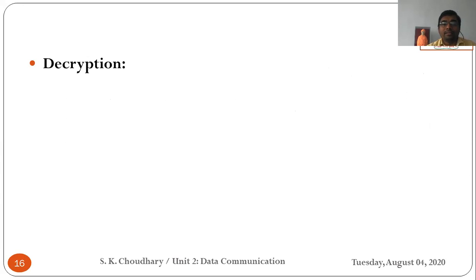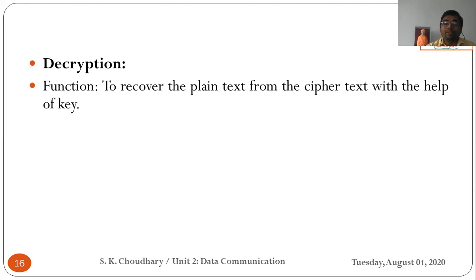Now after the channel decoder block, whatever information sequence we have recovered, with the errors corrected, this filtered message is sent to the decryption block, where the message is decrypted. Because when it is encrypted, a receiver or other person would not be able to understand what the message actually is. So we have to decrypt it again to recover the plain text message from the ciphertext with the help of the key.